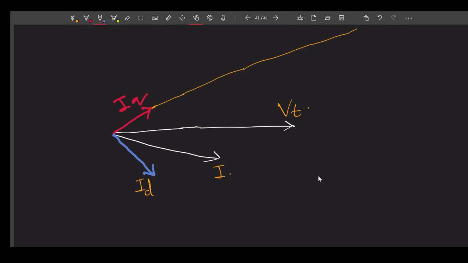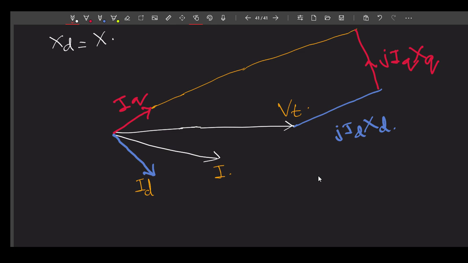We will have j Id Xd and j Iq Xq, where your, correct. If we draw a line,